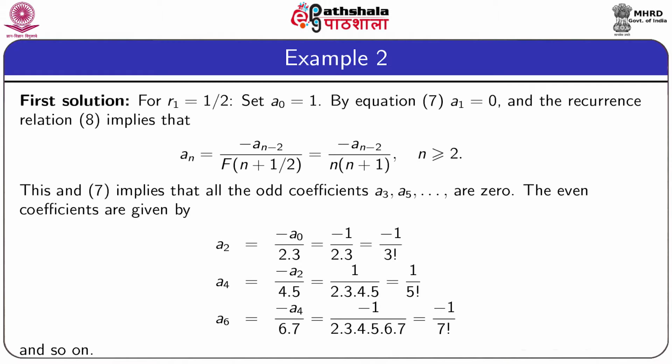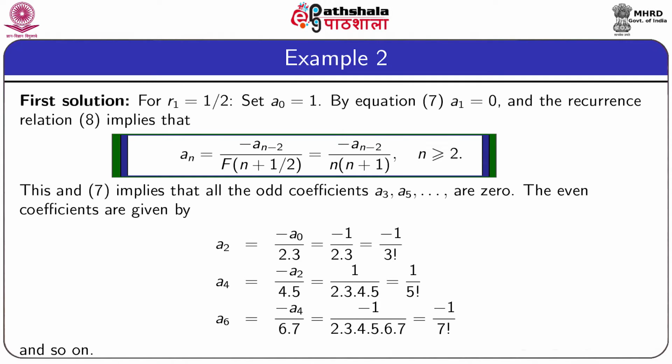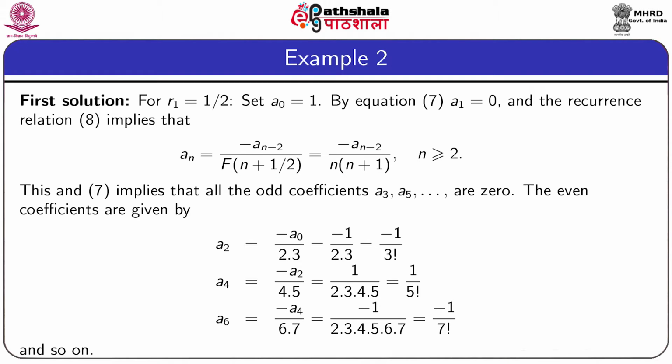The recurrence relation 9 will imply a n is equal to minus a n minus 2 divided by f(n plus half), which is equal to minus a n minus 2 divided by n into (n plus 1), where n greater or equal to 2. This recurrence relation and equation 8 will imply that all odd coefficients a3, a5, a7 are all zeros, and the even coefficients will be given by